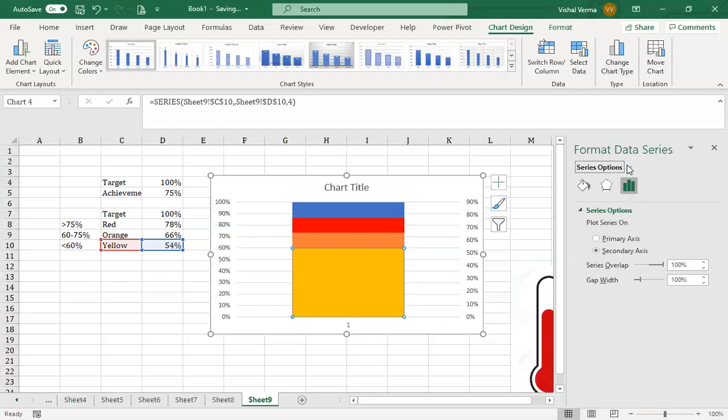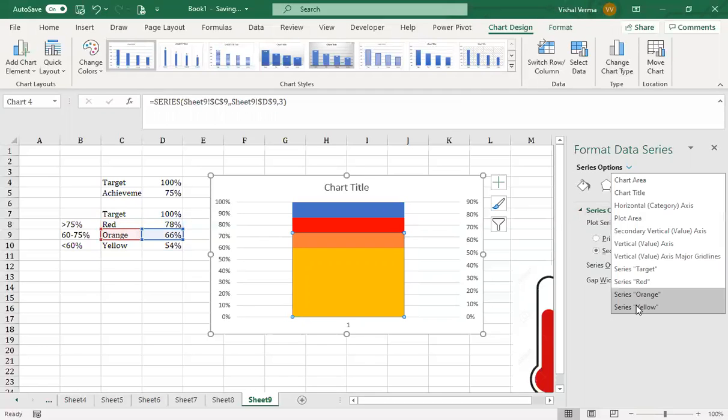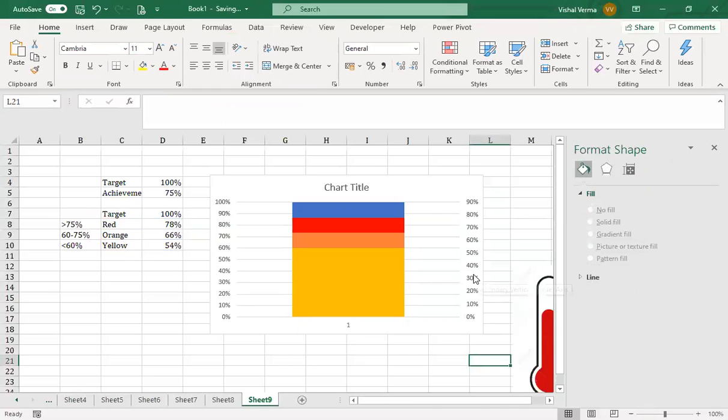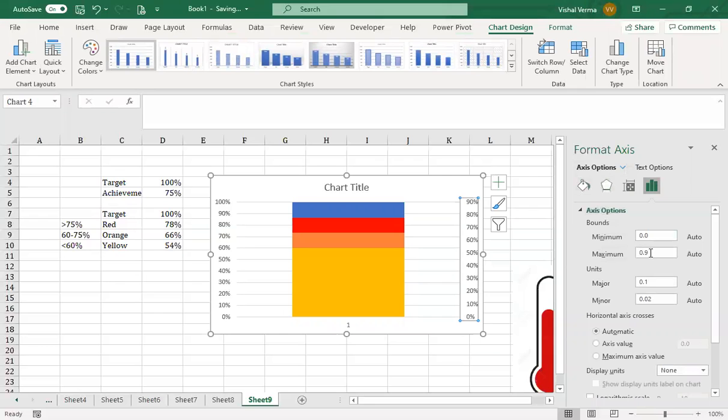So let's check whether we have done it for target. It will be primary axis, red will be secondary axis, orange will be secondary axis, and yellow will be secondary axis. So that's it.